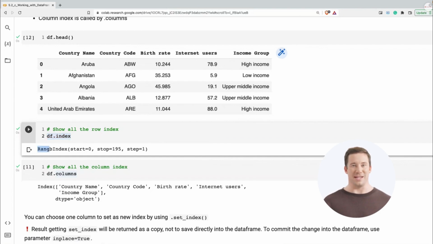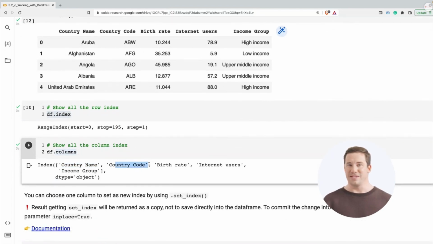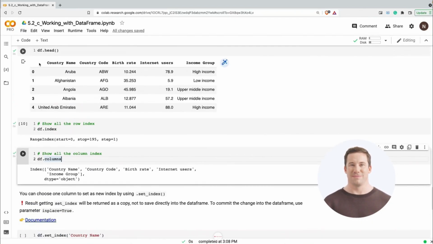When you execute the command df.index, it will return to you that your index is in the range from 0 to 195, with step equal to 1. And the df.columns will return to you the names of the columns: country name, country code, birth rate, internet user, and income group. One of the operations that you may encounter when working with a data frame is, if you do not agree with this numerical index,